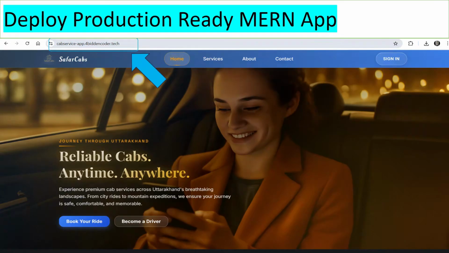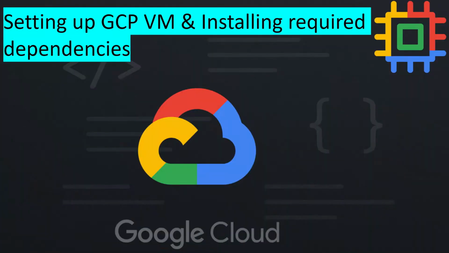And in today's video, I am going to show you how I deployed my complete full stack cab management system built using React, Node, and MongoDB to a Google Cloud platform. Okay, so in this video, we will go through everything step by step, like from setting up GCP VM and installing required dependencies on it,